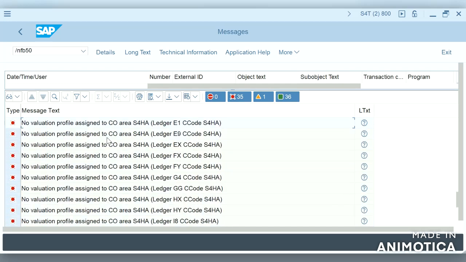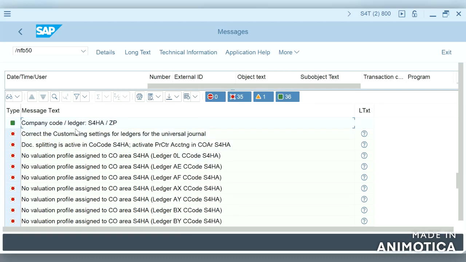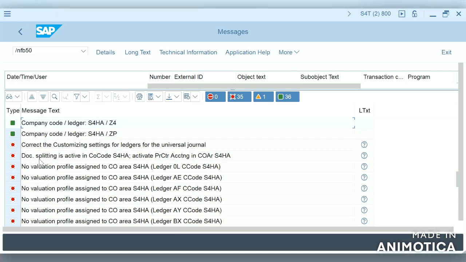Okay, here it is showing no valuation profile assigned to controlling area. Document splitting is active, activate profit center accounting in controlling area. So we have to activate profit center accounting.